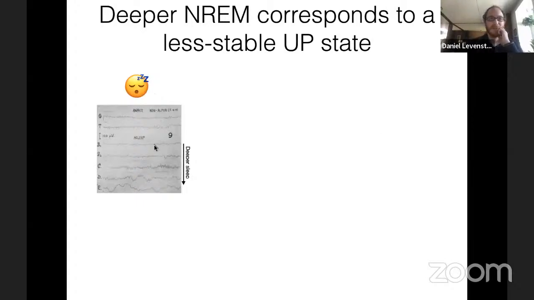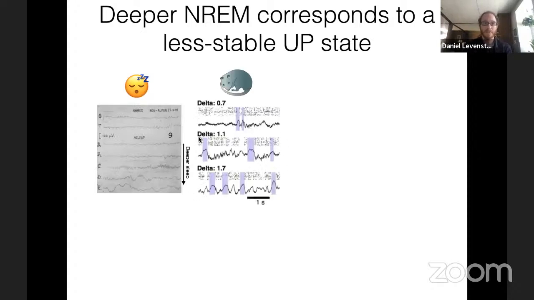Okay, so you might remember that I mentioned something about deeper sleep in the human EEG, with more and larger slow waves as sleep gets deeper. And so we actually have something similar in the rodent, which we can quantify by power in the delta band, where deeper sleep has higher delta power. So the question we had was, how does this depth of sleep match with the model?